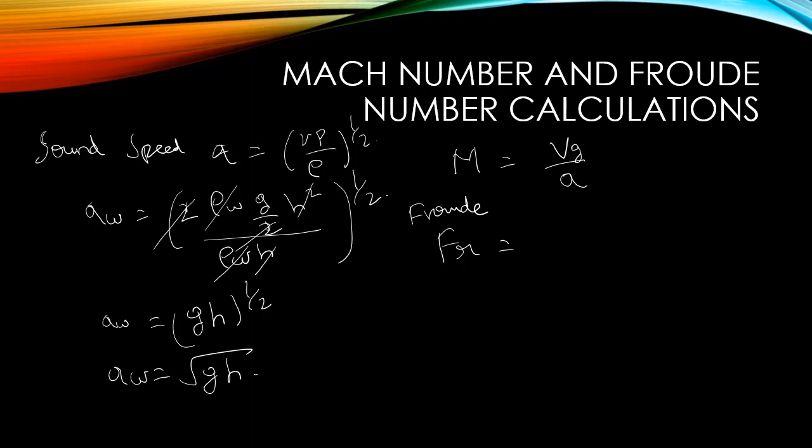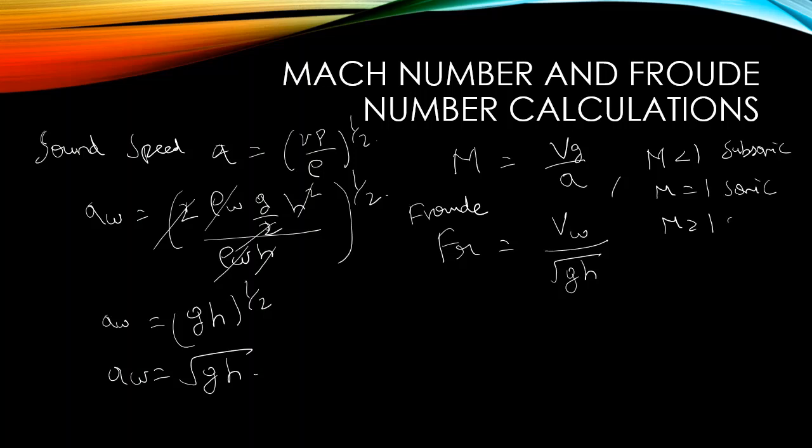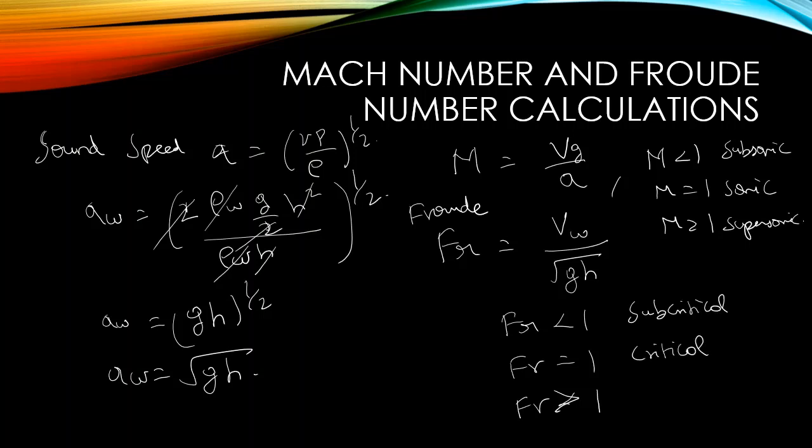So Fr, it is nothing but velocity of water divided by root of gh, right? So velocity of water divided by root of gh. And then for Mach number, M less than 1, M equal to 1, M greater than 1 is subsonic, sonic, and then supersonic. And for Froude number, less than 1, equal to 1, greater than 1, it is nothing but subcritical flow, critical flow,